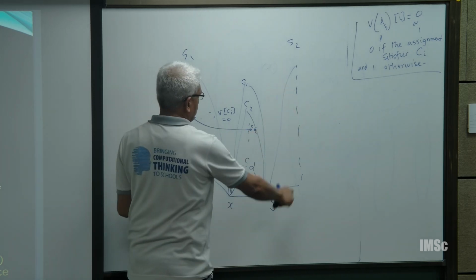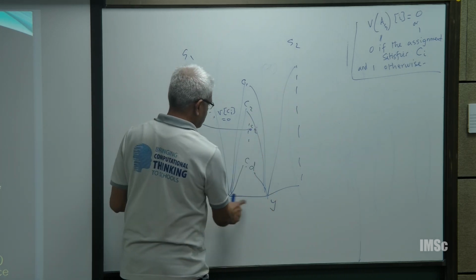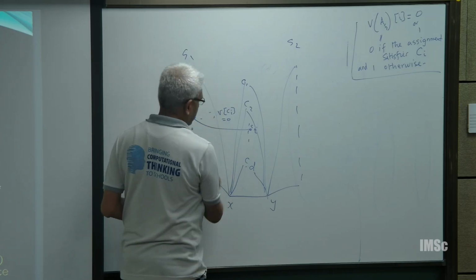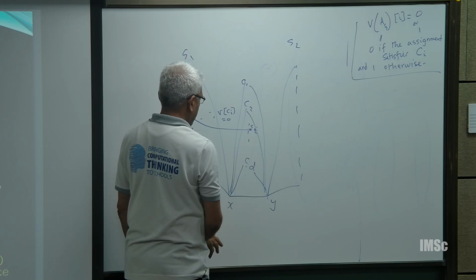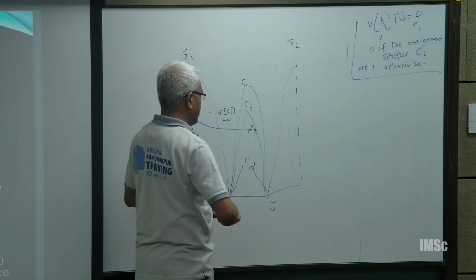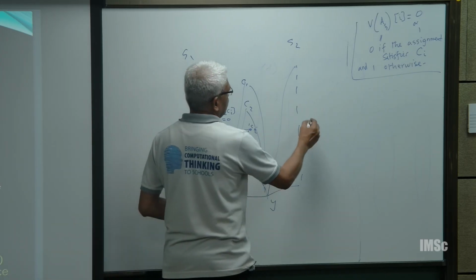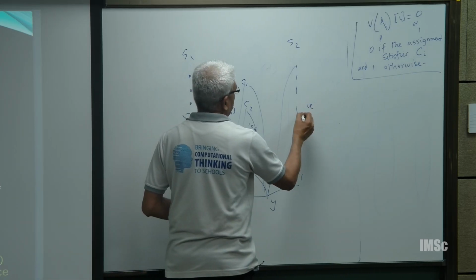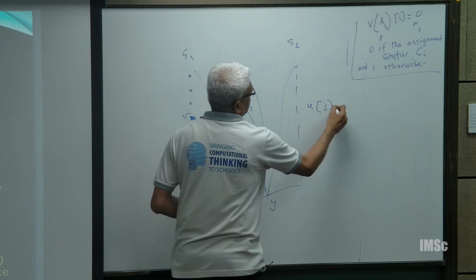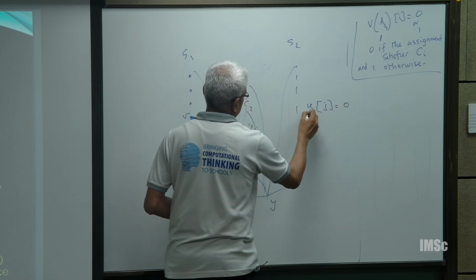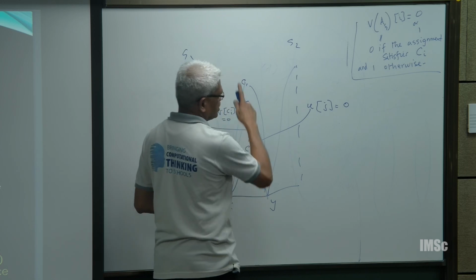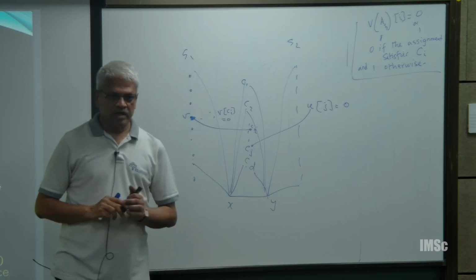This graph has 2n vertices plus d vertices plus 2 more vertices, and I add x to all of these on this side, y to all of this side, and x and y to all these vertices. Now, the edges across correspond to some vector u, and if u of j is not 0, then I would add it to the Cj vertex here. Okay, that is my entire graph.